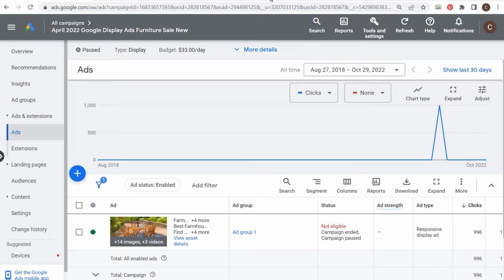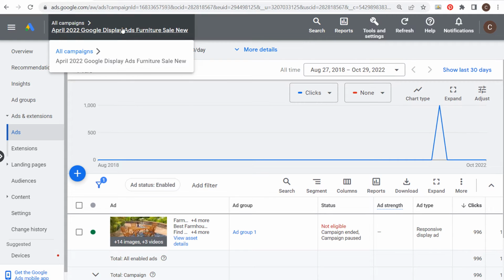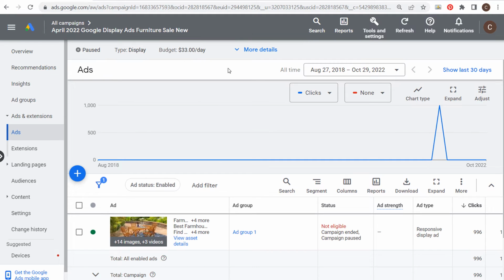Today I'm going to be going over 6 different Google Display Ads optimizations that you can make within your campaigns. So I'm going to be using this old campaign that I ran, and I ran this just as an example, but it was a furniture sale that I ran in April. So let's just say I want to get this campaign back live. We're running another furniture sale for the next month, so I want to make the optimizations to this campaign before